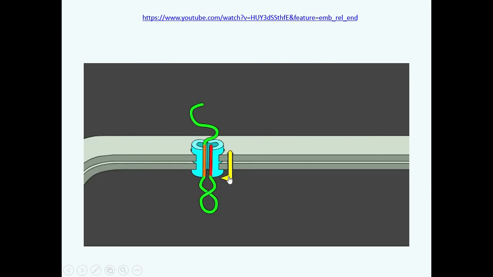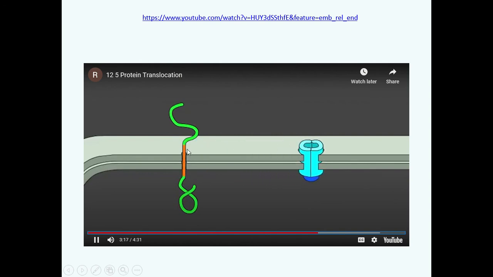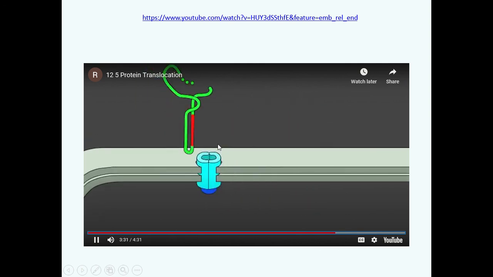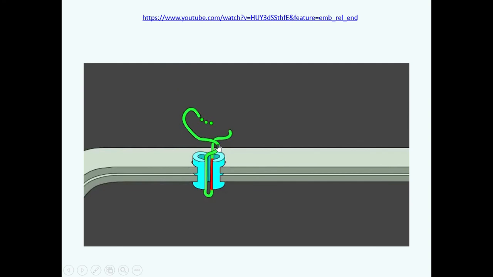So the protein is going to be transferred through this translocation pore until it encounters a stop transfer signal. At that point, the transfer of the protein through the translocation pore stops. So some part of the protein is present inside the lumen of the ER, a part of it is embedded in the membrane, and then the remaining part is outside. Some proteins can have more than one start and stop transfer sequence,